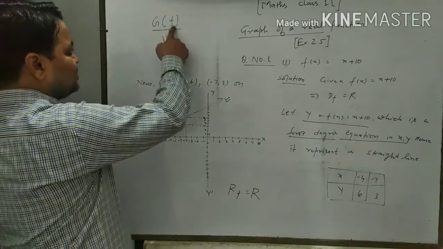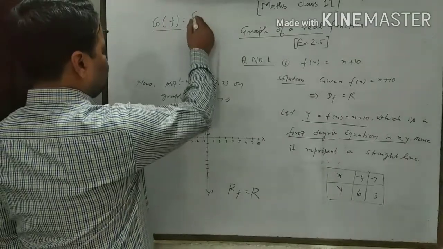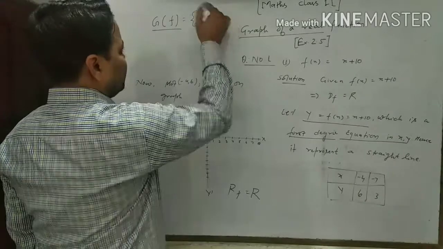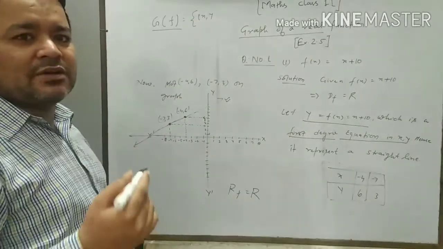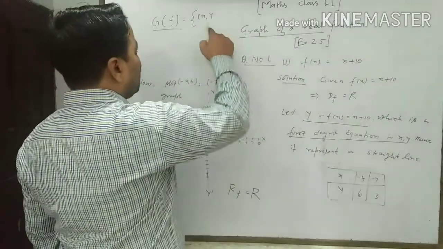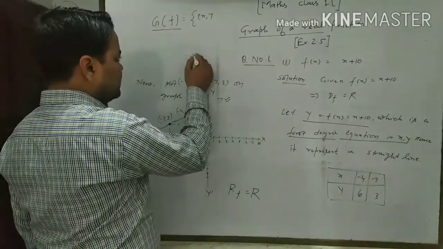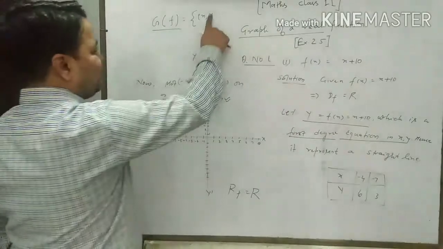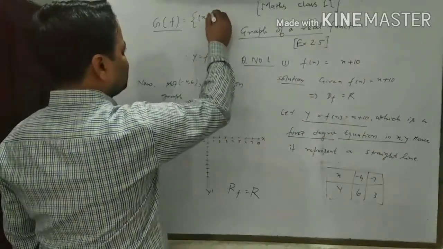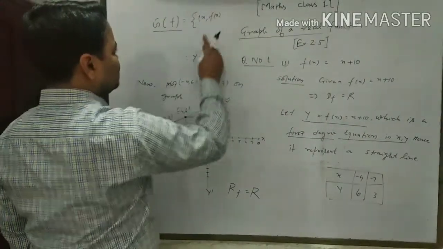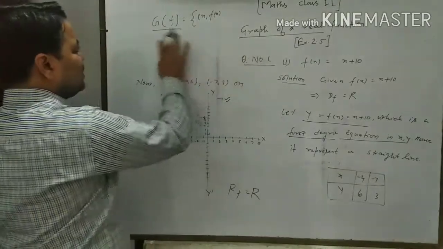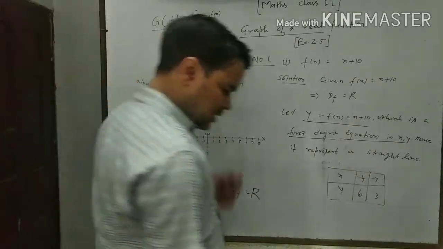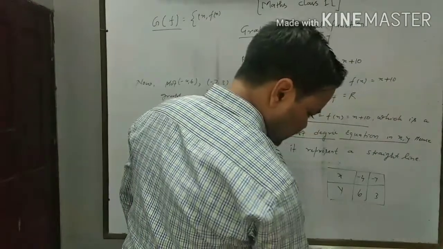Graph of a real function: what is it? This is the collection of x and y. And since we know that y is equal to f(x), in the place of y we can write f(x). So it means the graph of the function is the collection of points (x, f(x)),